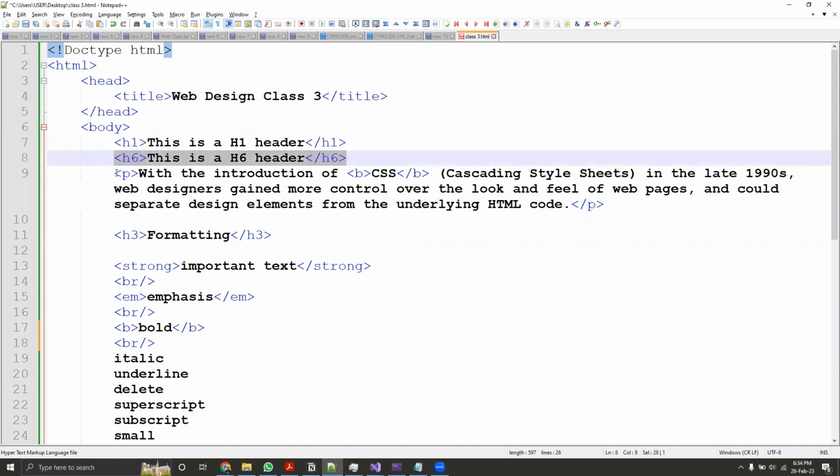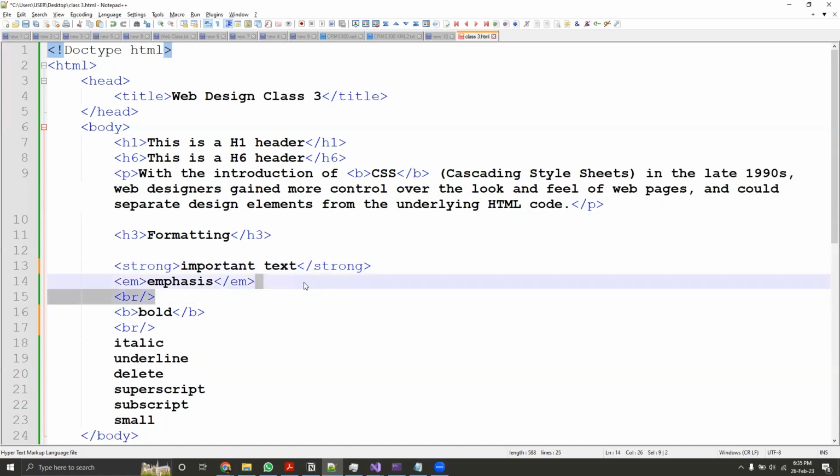The same thing for paragraphs: they take a whole new line, and everything comes on a new line. But for some tags like bold and italic, they are inline, not block. So they stay on the line they currently are. When I type this, everything is going to stay on the same line. Let's see what I'm saying. If I remove this BR,